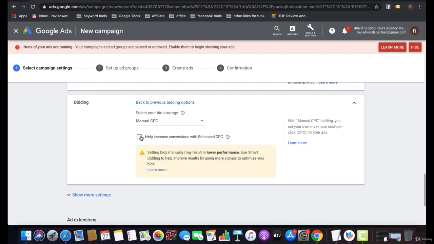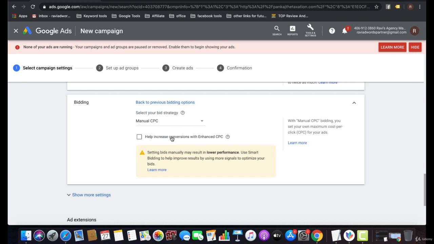If you select the option to help increase conversions with enhanced CPC, Google AI will automatically enhance the CPC to get more conversions. That may or may not result in conversions, as Google AI does not guarantee more conversions with the enhanced CPC option.